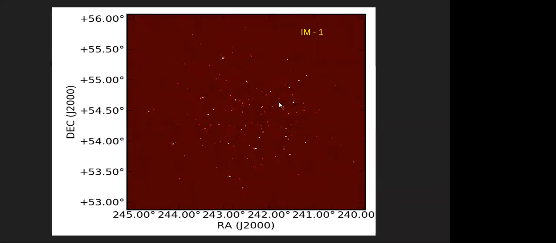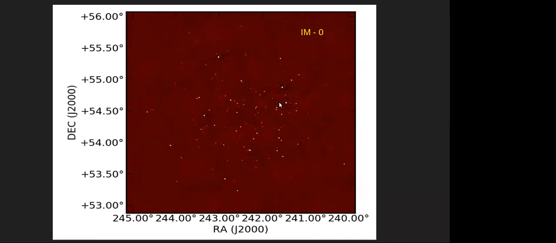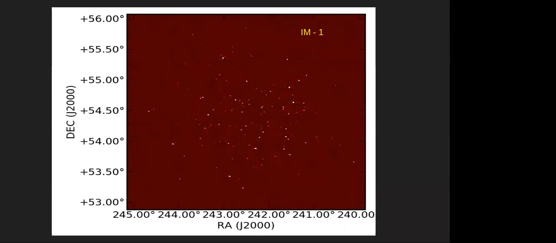So this is IM1. That is the second image. I generate the gain solution based on the model here. I apply this to the data set and I image the corrected data set. And let's say this is my first solution. Now, if you see that, you already get a good improvement in your image.